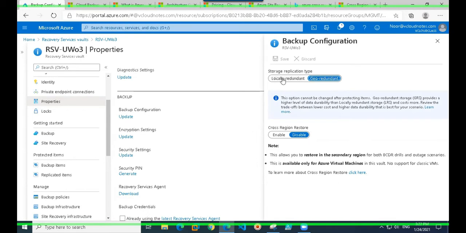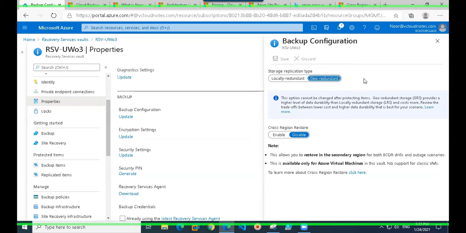Locally redundant is where your data is replicated within a single location, I mean, to three different locations within a single data center. Geo redundant is something which is on top of it. It's replicated to, suppose, three different buildings in the same location, and then the same is replicated to another geolocation.